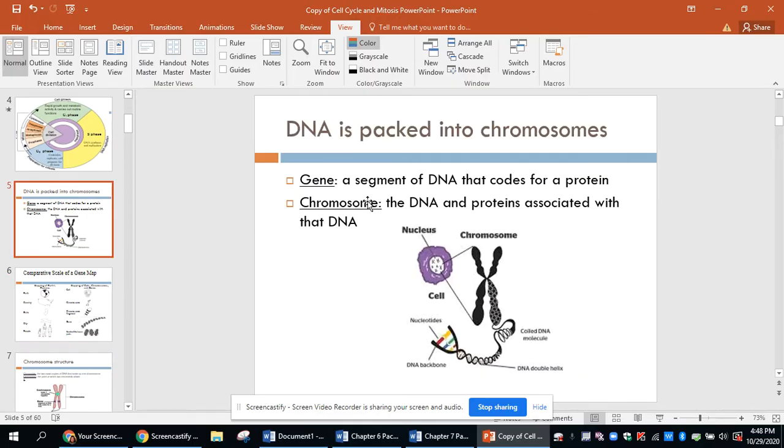Now, in order to make sure we don't lose DNA, it is tightly wound or packed into these bundles called chromosomes. And during one of the phases, they actually make an exact copy. And since they're all tightly bundled, it's basically how they stay secure and we don't lose things in the nucleus for all of the DNA that we have.